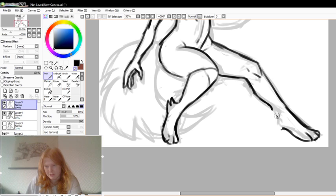Okay, we gotta fix this a little bit more. Doesn't look properly degrade. I'm not sure. I think that made it worse. Okay, wait. What they want is...